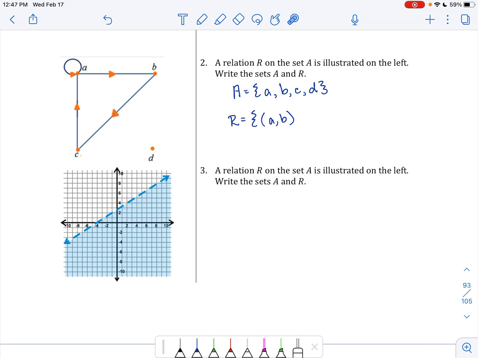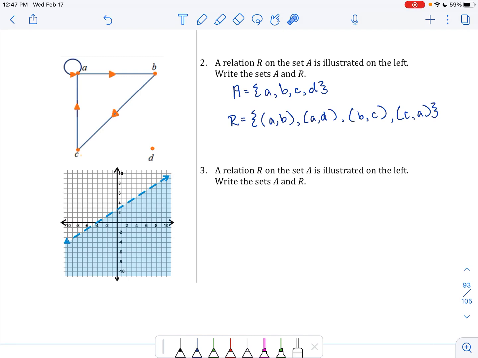You might also see one that forms a circle. It's starting at a, it comes back to a if I follow the arrow direction. So that's going to be one of the points that has the same for x and y. The next one, as I see b going here to c, following that direction. So (b, c), and then the last one is (c, a), and that's our relation. You'll notice here, not every point of the original set is going to show up in a relation, and that's just fine. Now, the other way you might see this illustrated is in a graph,